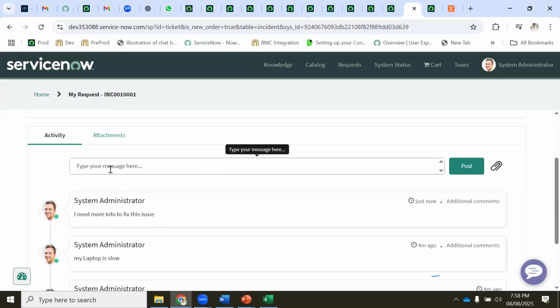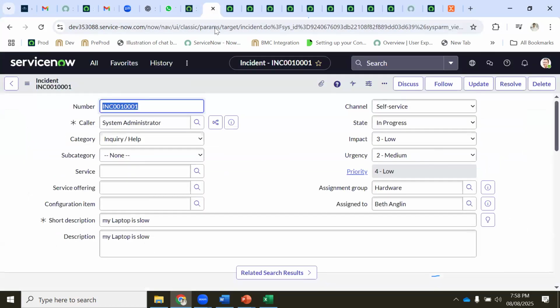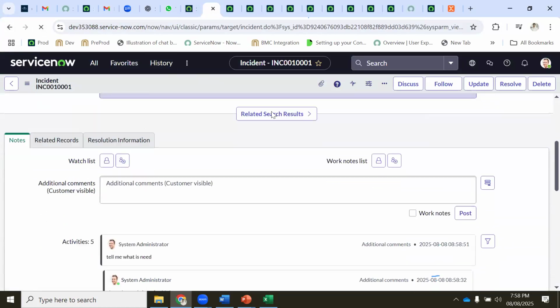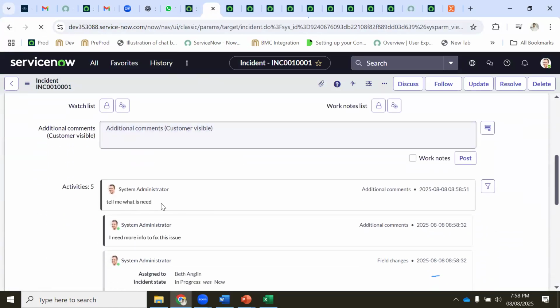The end user has to give what is needed, and the interactions will happen automatically in a similar way. In the ticket, the fulfiller says, tell me what I needed.